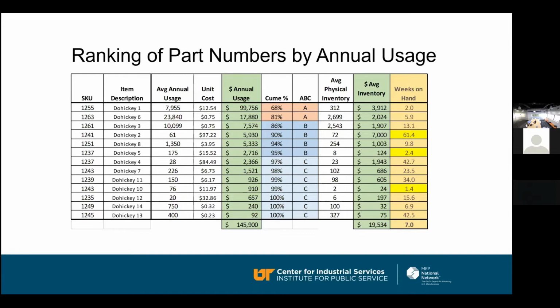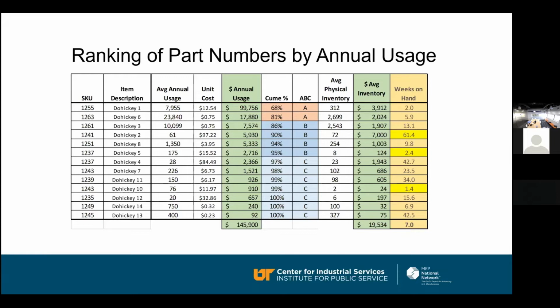So you've got your items, your SKU, the description, and then you have your annual usage in units. Well, I also know the unit cost, so it's pretty easy to figure out what the annual dollar usage is, and that's really important. So that's starting to get into the materiality, okay? Some items we spend a lot of money on, some we don't. Next column, the CPIM percentage, is where I'm starting to look at the ABC classifications. So in this example, the first two items represent 80% of the inventory spend.